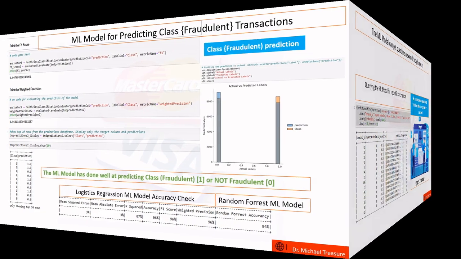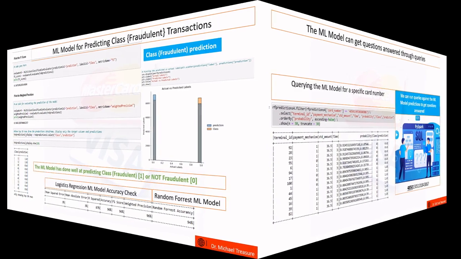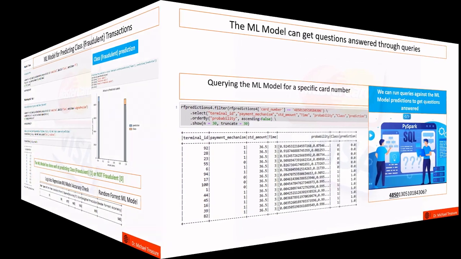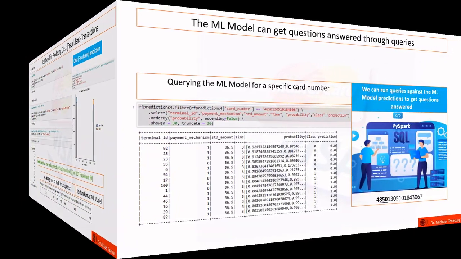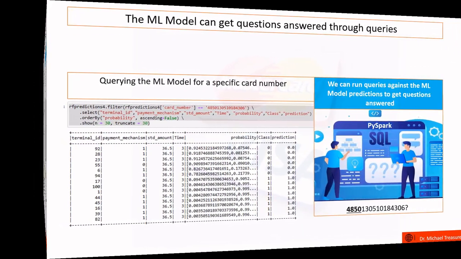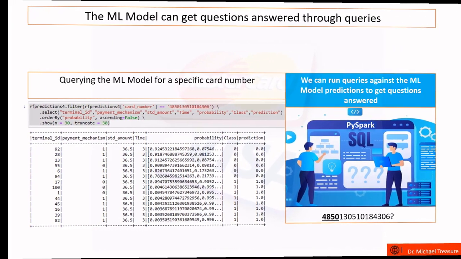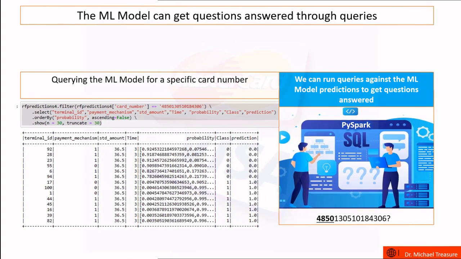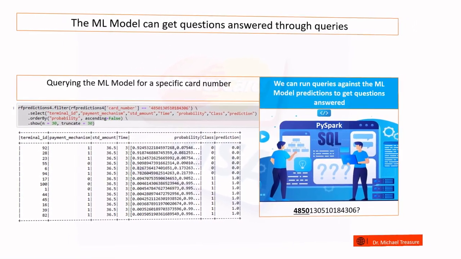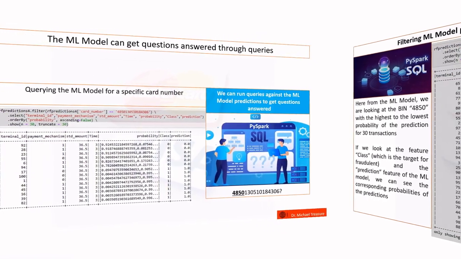With the ML model, we can run automated queries to help us filter to flag and get answers as to the origin of the fraud, including identifying the time, place, and card used. Shown here is a query against a specific card number with the probability outcome of transactions being fraudulent or not, and the corresponding information on the terminal used for a transaction. It also shows whether the transaction was likely at retail, POS, or over the internet. Remember here, time is defined as the day of the transaction.